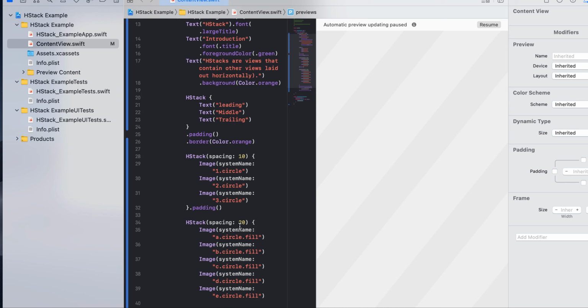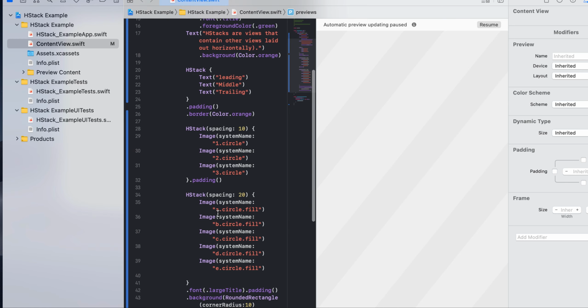Then HStack spacing 20. Image system name a dot circle dot fill, then image system name b dot circle dot fill, image system name c dot circle dot fill, and then image system name d dot circle dot fill, and image system name e dot circle dot fill.